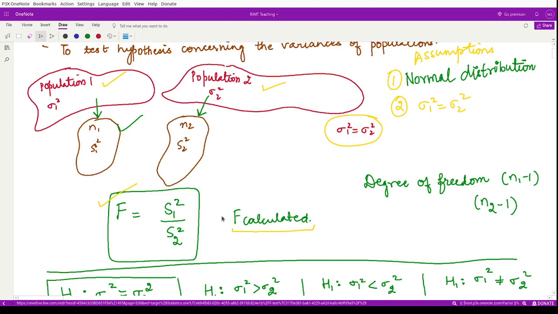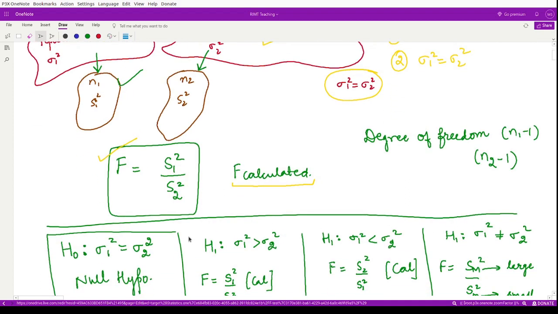So you require many things. First of all, you should know what your null hypothesis is. Here obviously the null hypothesis would be the equality of two variances. Why? Because in this case we will only test the variances of the different samples. So in the null hypothesis we formulate it like this: sigma 1 square is equal to sigma 2 square,